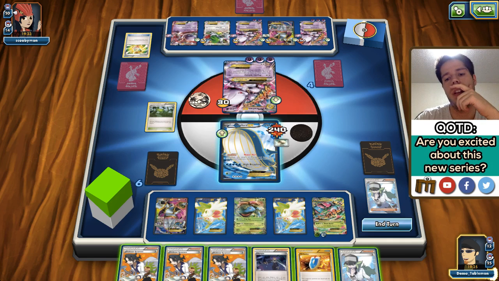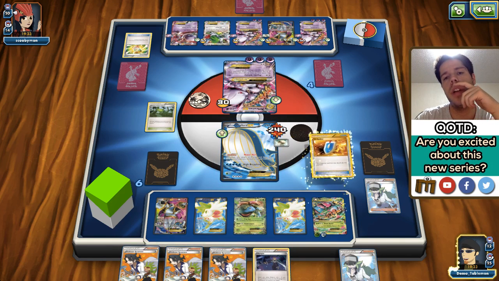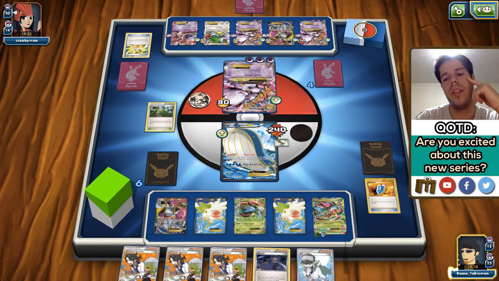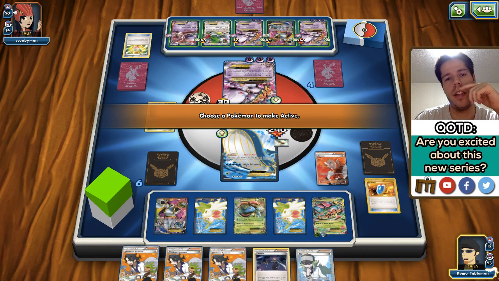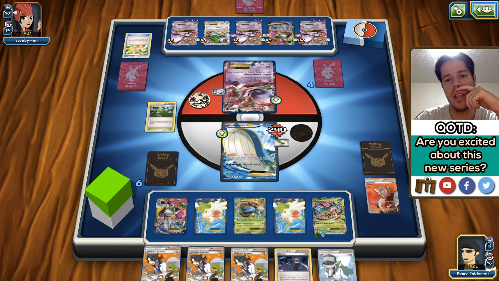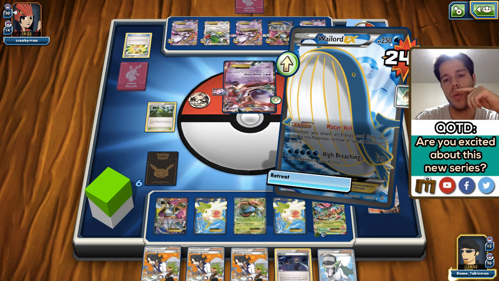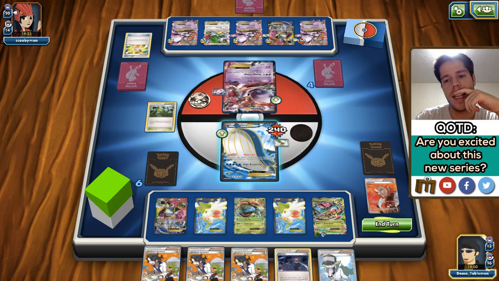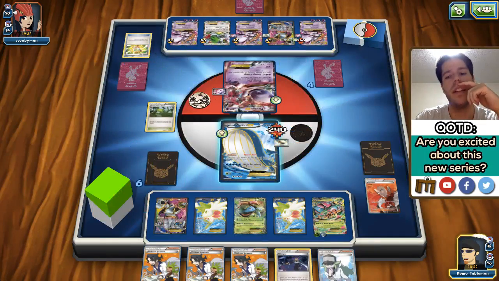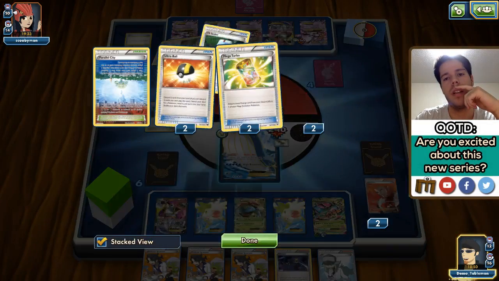Okay. I'm gonna have to Lysander, hoping he doesn't have a way to retreat, and then wait 1 turn, retreat into Hoopa, no, and simply, well, I can't attack even. If he has 1 Psychic Energy, there's 8 in play. There's 8 Psychic Energy in play. Does he...